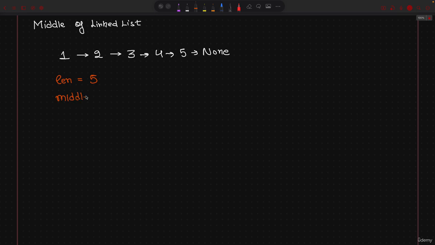So middle, we can just take length floor division by 2, which is going to be 5 divided by 2, hence 2, right? And let me just write the indexes as well. So it says that the index at 2 is your middle. And I think that is fine, right? Great. So now let us quickly check if the same approach is going to work